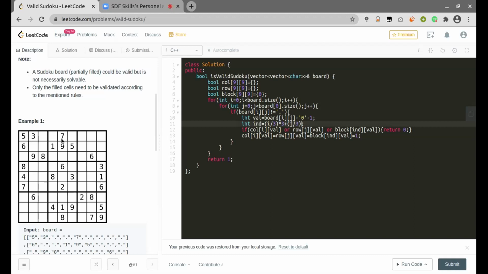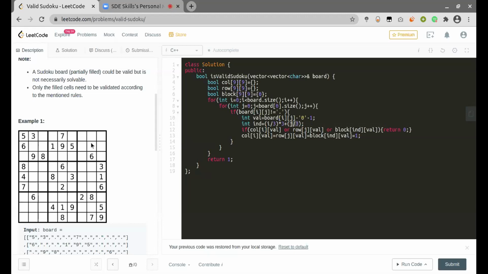For this one it will be 2 by 3, which means you are in the second column, 0-based, so you are still in block 0, since 2 by 3 is 0 only. And for this one, j by 3 will be calculated; since it will start from 6, 7, 8, it will give me 2.